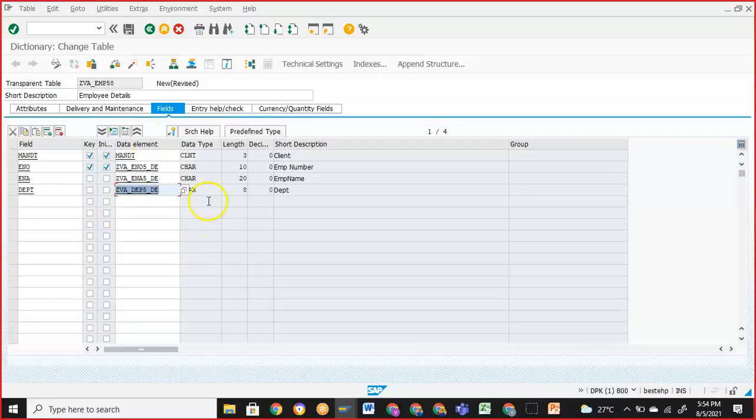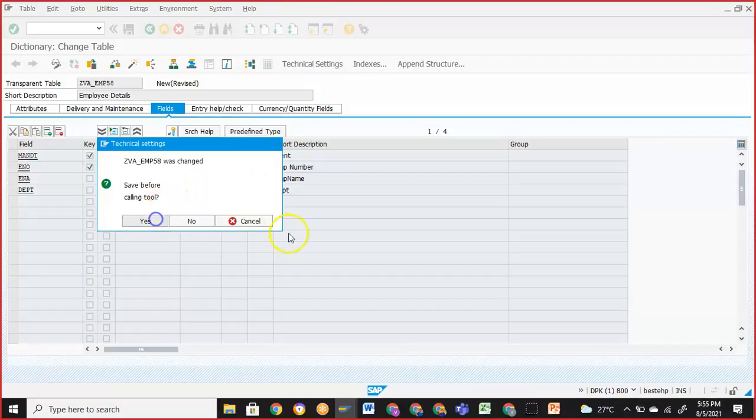So all these properties automatically come from the data element level. Previously, since we didn't have the data elements, we had to maintain the data type and description. But here, since we already created the data elements, the data type and length are coming from the domain level, and the short description is coming from the data element level. Now we'll go to the technical settings.